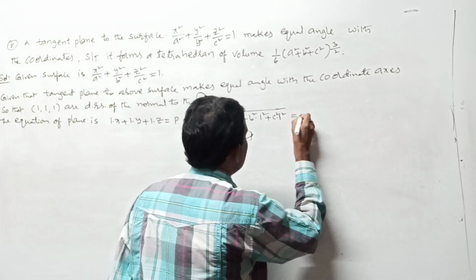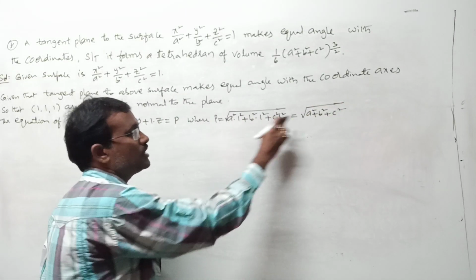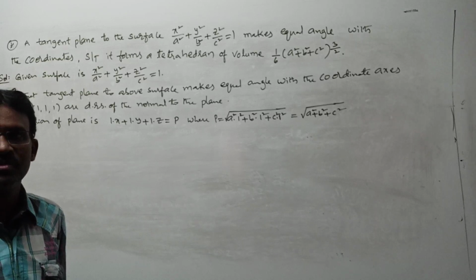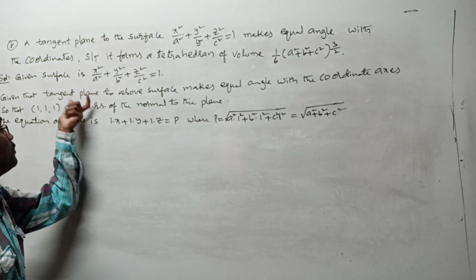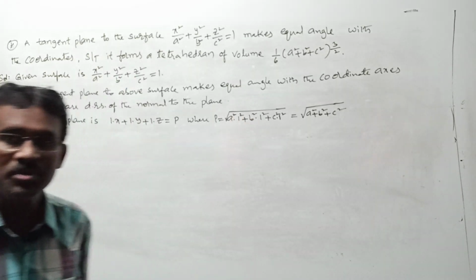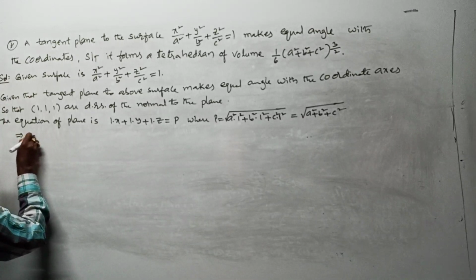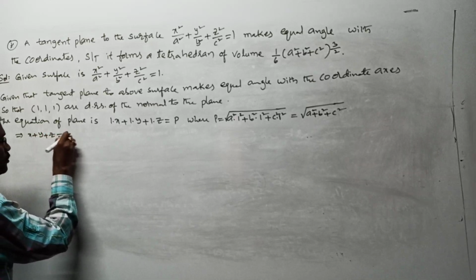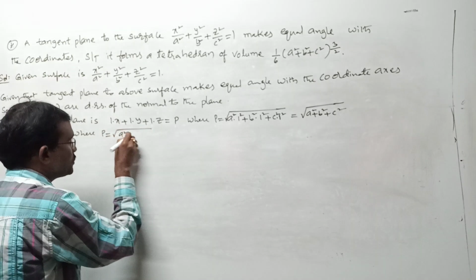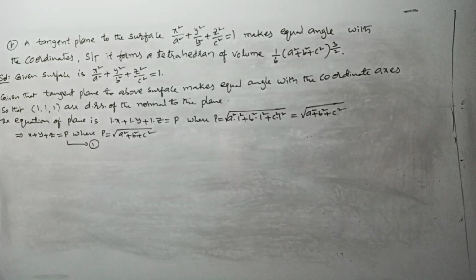But what is this? Is it square root of a square plus b square plus c square or not? Because a square into 1 square is a square, b square into 1 square is b square, c square into 1 square is c square. That means here p is root of a square plus b square plus c square, whenever this is a tangent plane to your given surface or conicoid. Any doubt here? Right? Next continuation, we can write this as x plus y plus z equal to p, where p is the square root of a square plus b square plus c square. For our convenience, let it be number 1. But in the statement, what have they given?